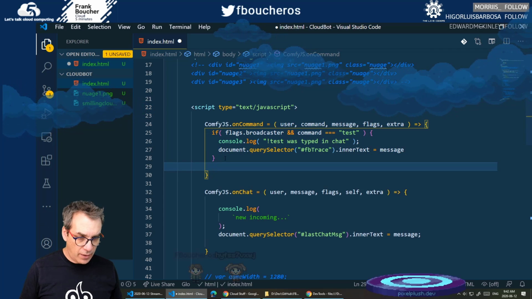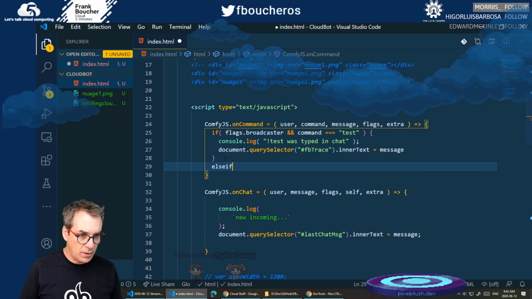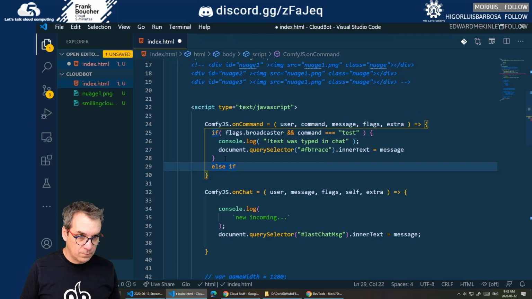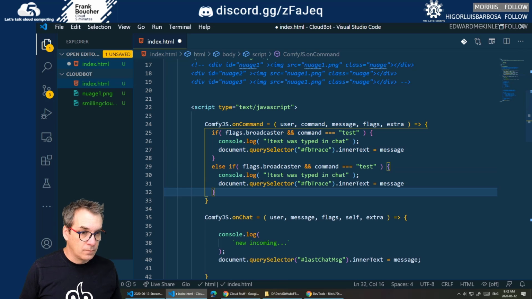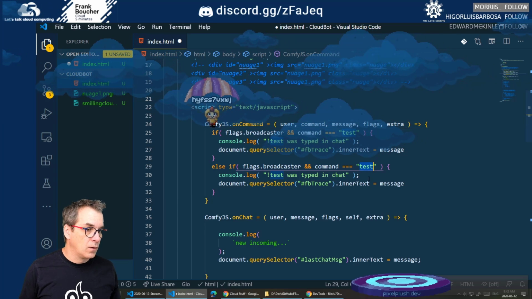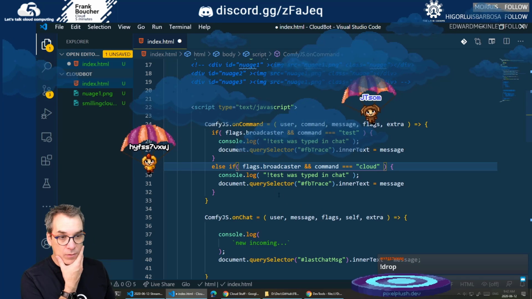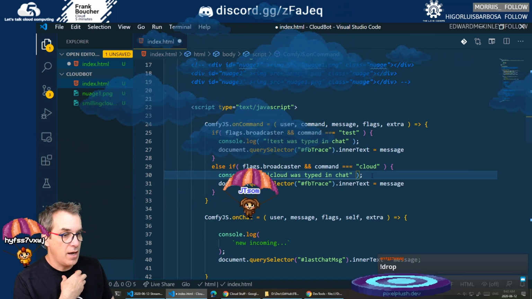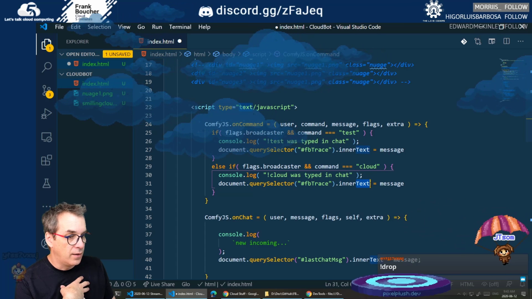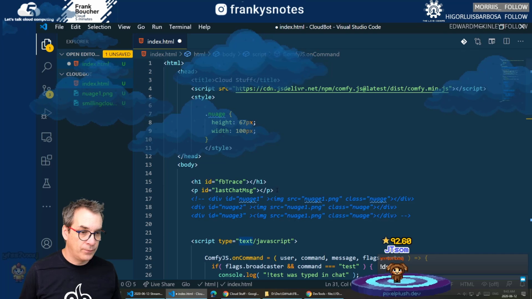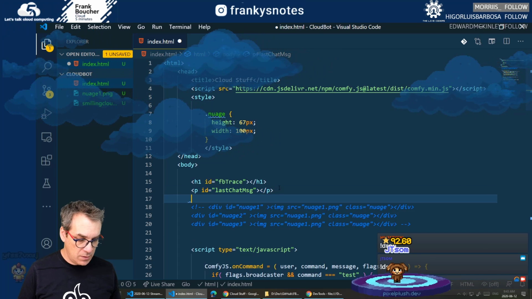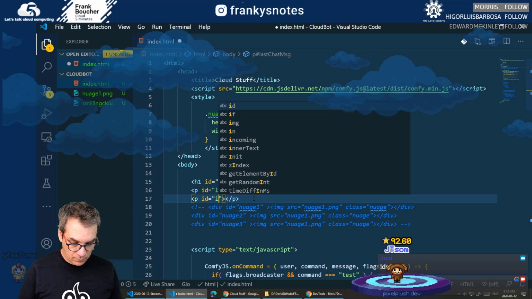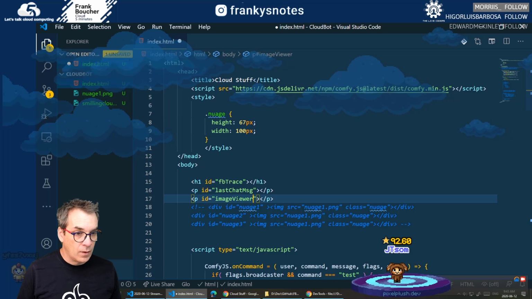Should I do an else if? Does it exist in JavaScript? Else if? Is it a thing? Apparently it is. So if the command is cloud, well, the cloud was there, and then inside I'll do another, we should do a div maybe. Image viewer will be your